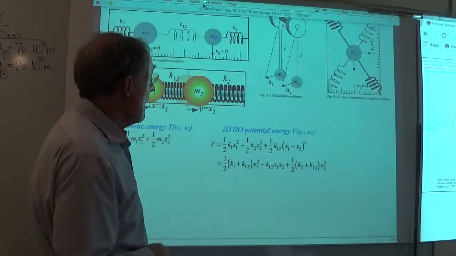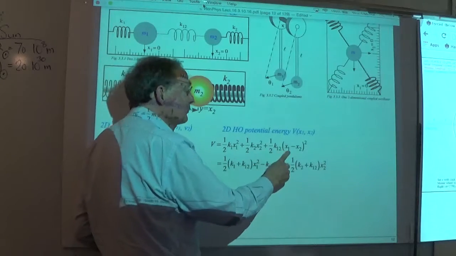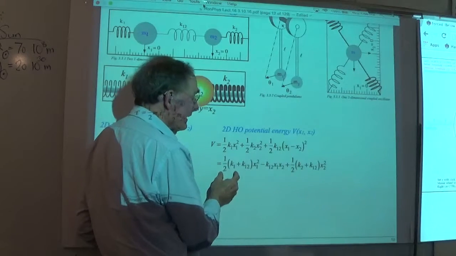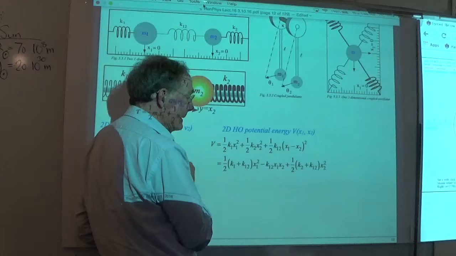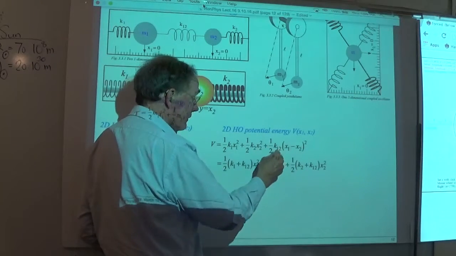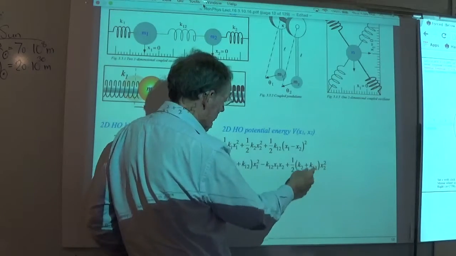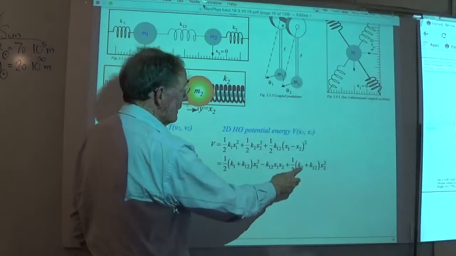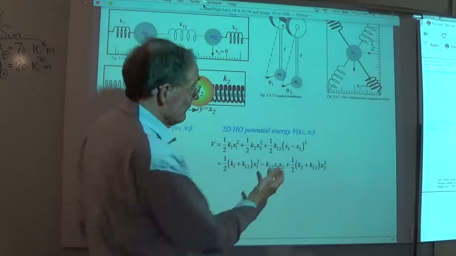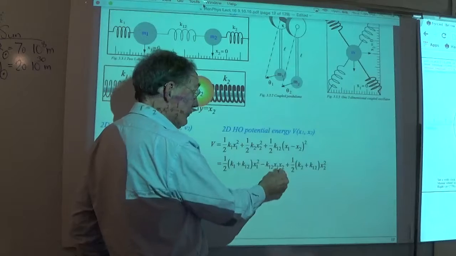Okay, now, when we put this all together, we get a 1/2 k12 x1 squared out of this for the first term in the binomial. And so that gets tacked on right here. And also, the x2 squared contributes another one of those. So x2 squared has an extra k12 tacked in there, in addition to the k2 that it already had. And then the only thing that's left from the binomial is the coupling. So the k12 x1 x2,